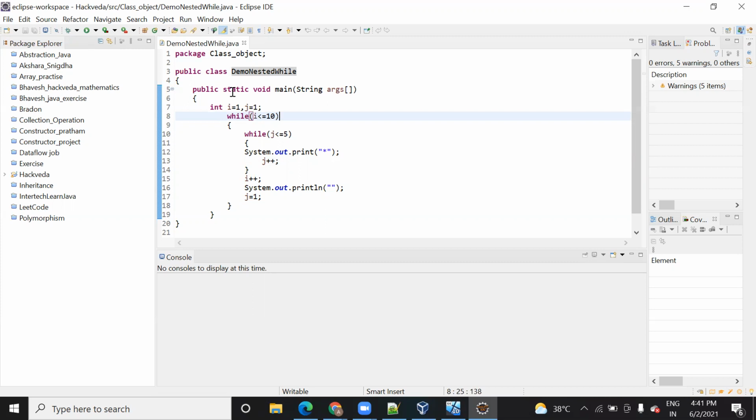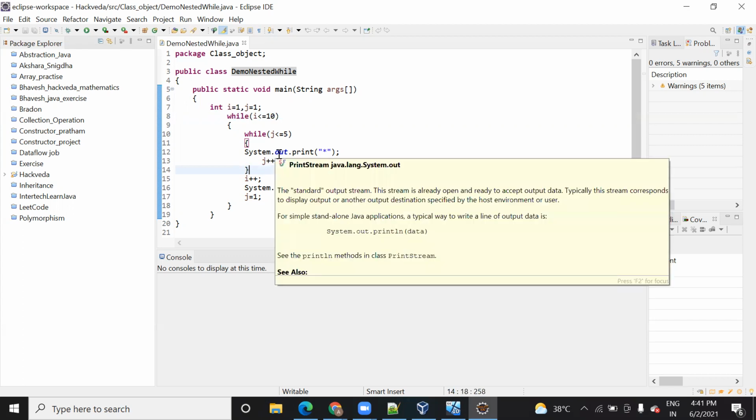So here void means, you know, void is an empty data type that is not going to return anything. So this main method is not returning anything, right? This method will not return any value. You are just printing it. Printing is different. Returning a value means where we define a user defined function, and that function is going to return some value after doing some operation.